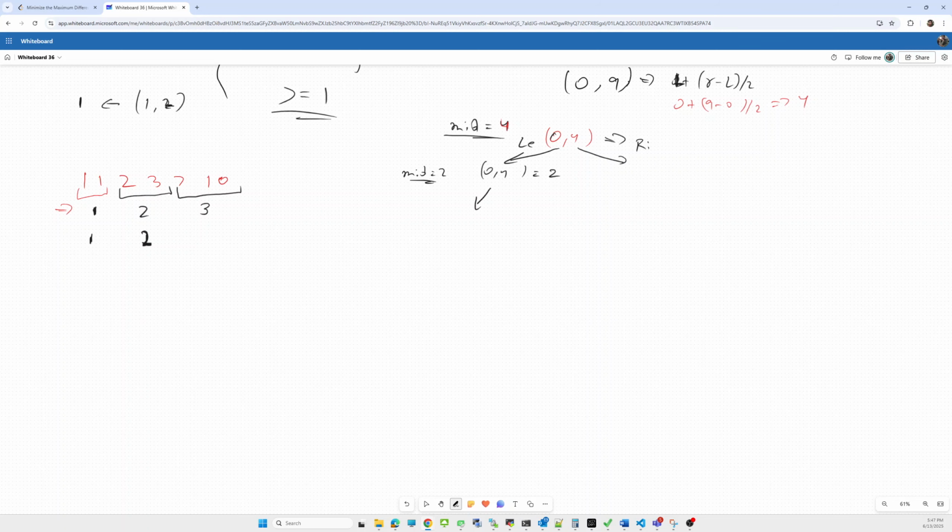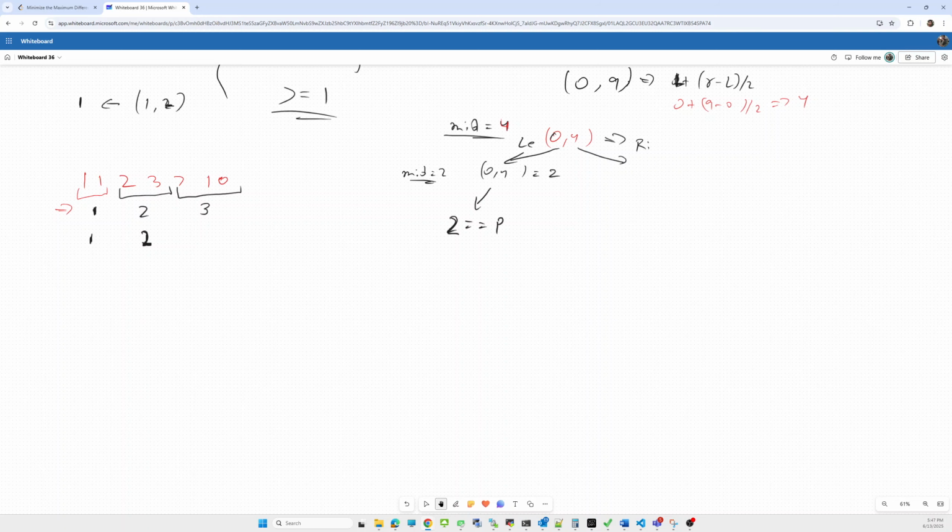Here we achieve our target 2, which is equivalent to p. So do we have to move anywhere? No. But this binary search will go further until left is no longer less than or equal to right. So we'll now move forward.